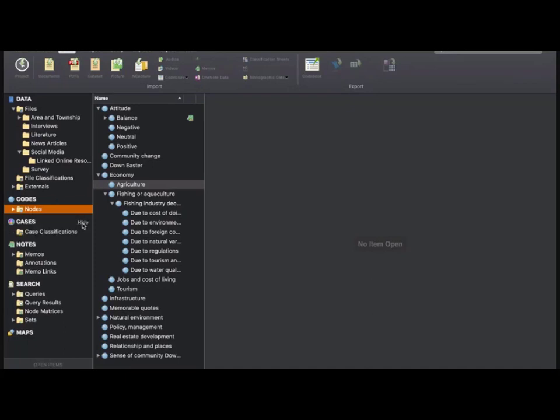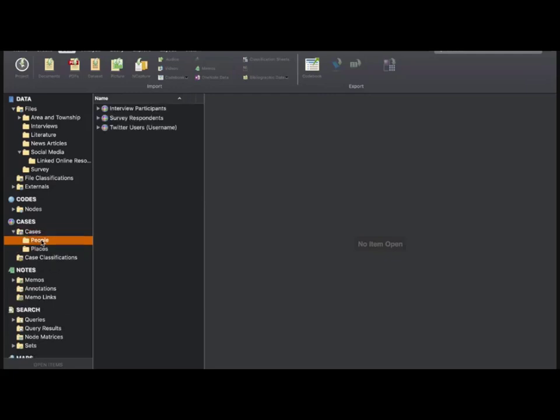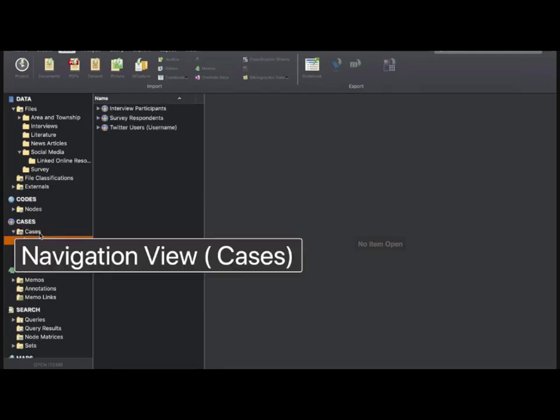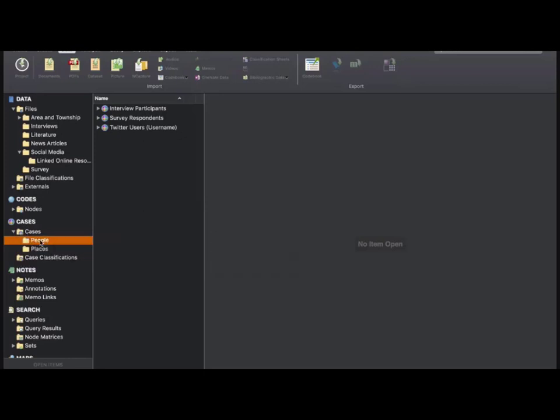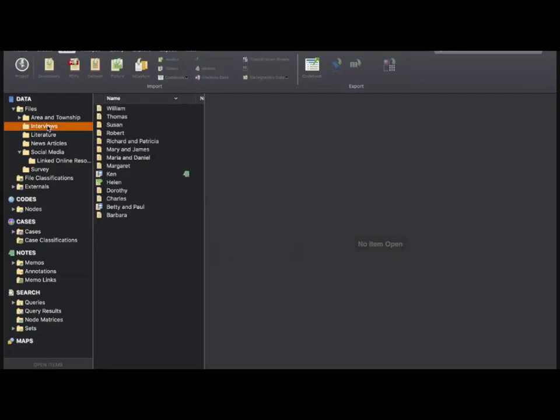When we talk about cases, they have cases and they have case classification. So let's say we have cases in terms of people. In the navigation view, you can see that there are people and places that they identify. But let's do it hands-on. Let's pick out an interview again